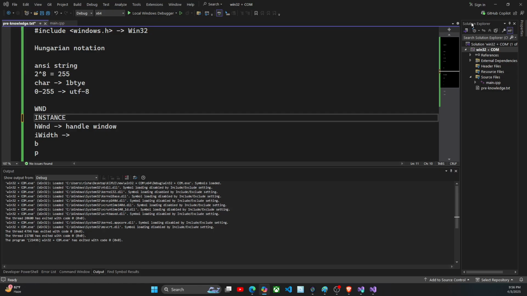Instance is like you're creating an instance of your application. You will use this HINSTANCE so that you are using this system resource, which could look like some handle. This is the handle of the instance. So you have created something and the handle will handle this. So handle is typically what do you call it? Yeah, it's a